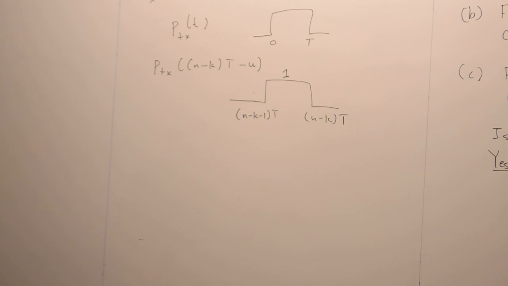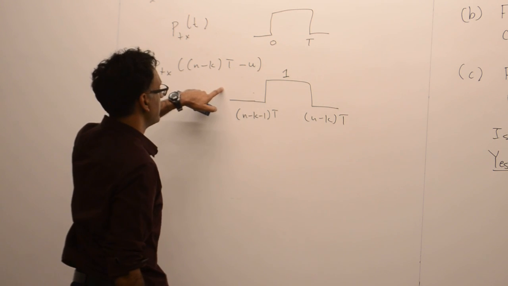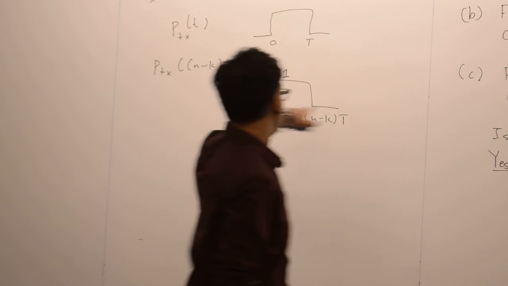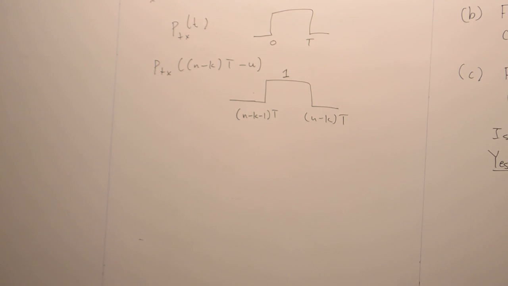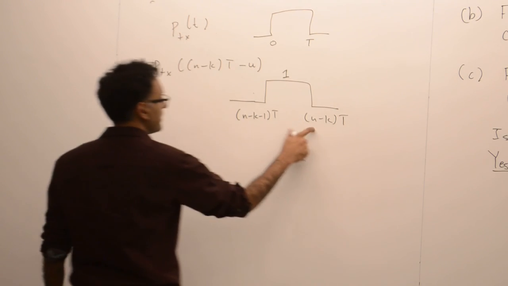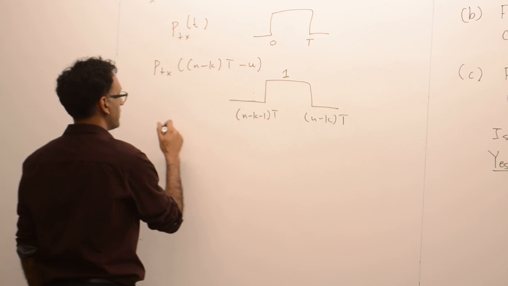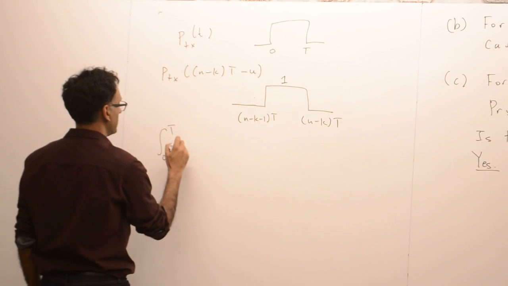This is too much to do. I think this is too much labor here. All right, so if I look at this guy here, that's what this looks like. I multiply it, I integrate this from 0 to t. This will only be 1. Okay, so if I integrate this from 0 to t of this,